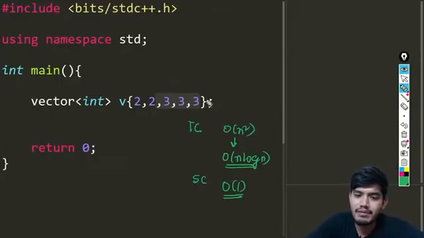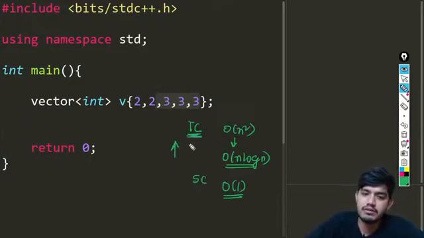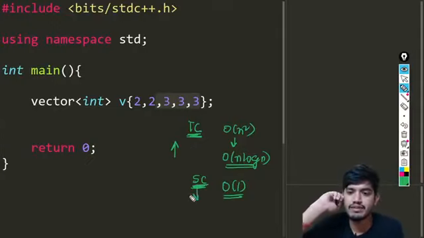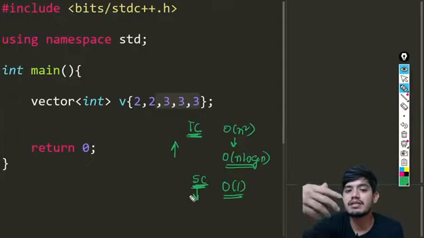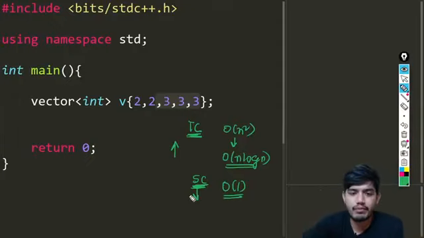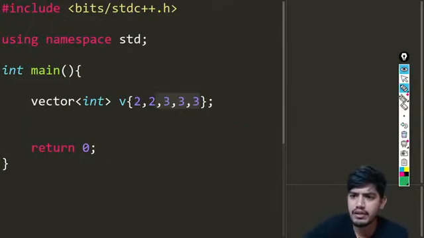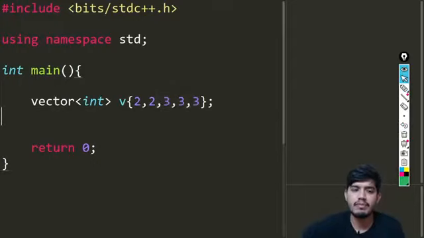Now you can make this more efficient in terms of time complexity by using some extra space. If you use space, you can always improve the time complexity. That can be a dynamic programming approach, or you can use maps in this case. So let us try to do that using a map first.